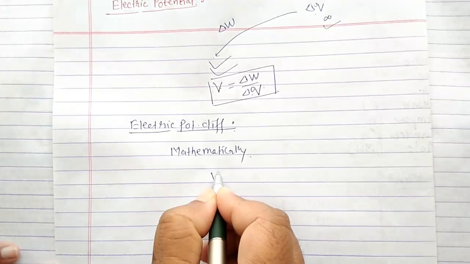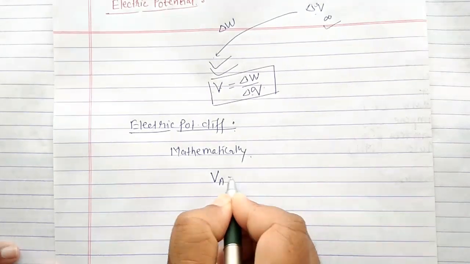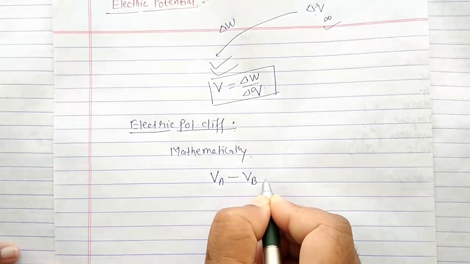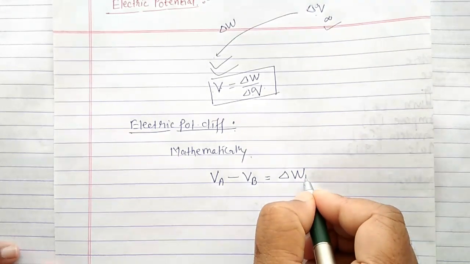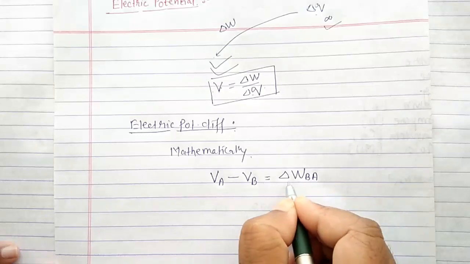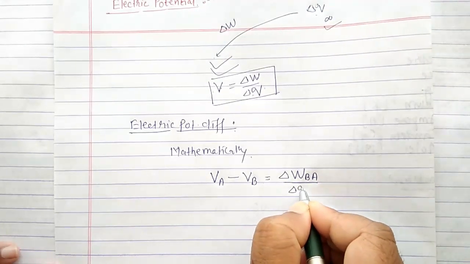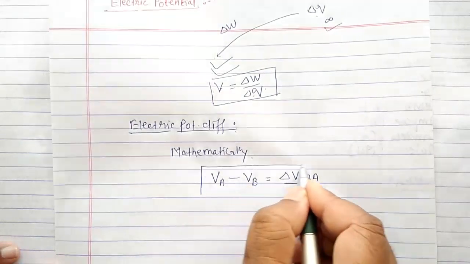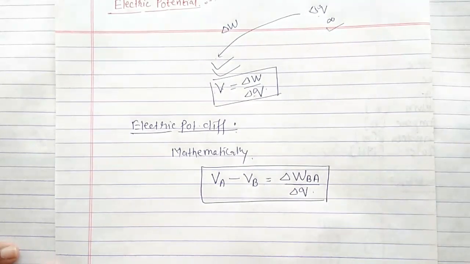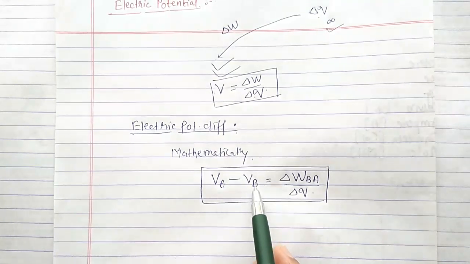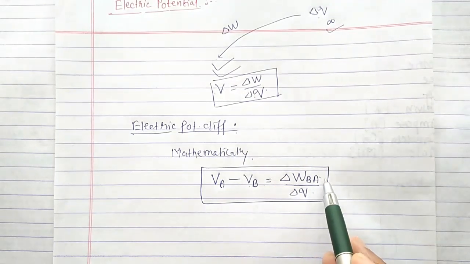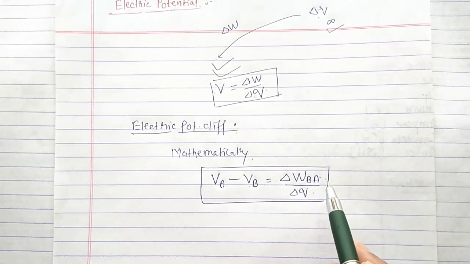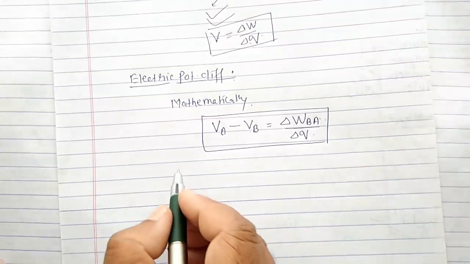Mathematically, the potential difference between these 2 points, VA minus VB, is defined as the amount of work done in bringing a test charge from B to A, divided by the test charge delta Q. The electrostatic potential difference between 2 points in the region of an electrostatic field is the work done in bringing a unit positive charge without acceleration from one point to another point, where this W_BA